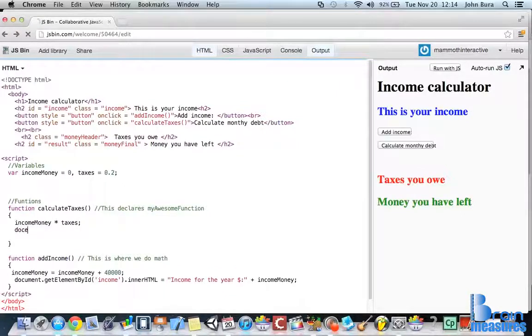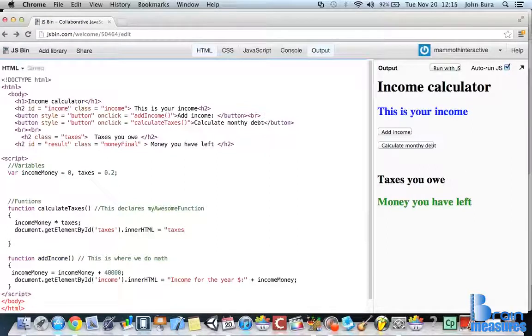We're going to say document dot get element by ID, and I'm just going to change this to taxes, and I'm going to say taxes dot inner HTML equals